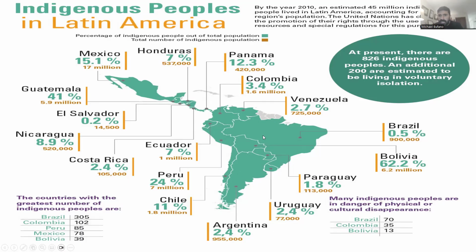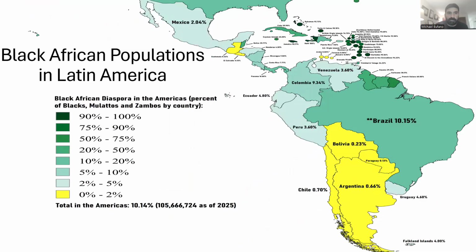So, for example, in Brazil, indigenous peoples consist of less than 1% of the population. In Mexico, they're about 15%. In Guatemala, they're 41%. And if you go, for example, to Bolivia, they're over 60% of the population. On top of that, a lot of the Spanish and Portuguese that came to the New World ended up intermarrying with many of these indigenous peoples, having mixed families, and their cultural heritages got mixed. This mixed heritage we know as mestizo culture. So these indigenous peoples matter. They have an influence on the politics.